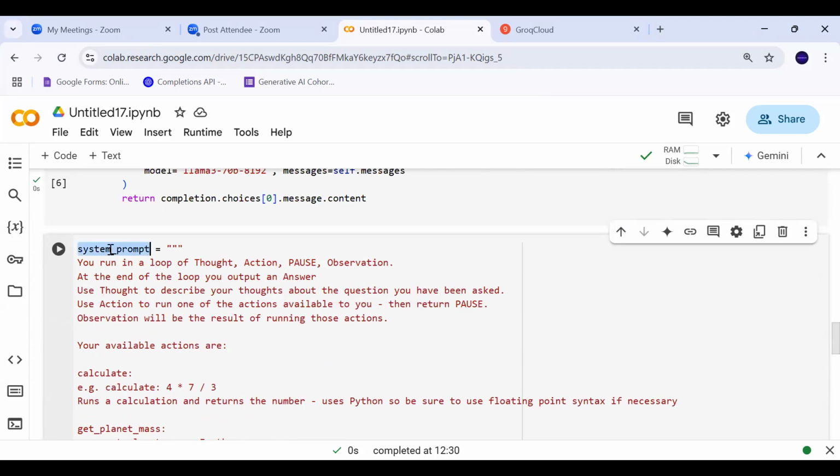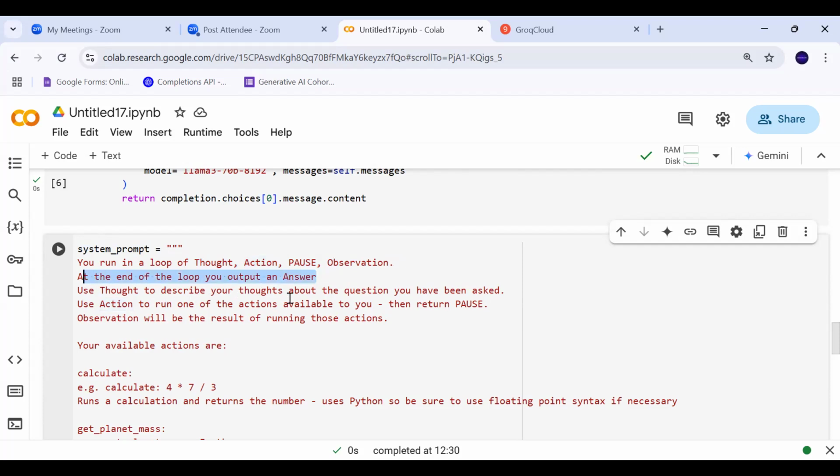So this is my system prompt, which is saying you run in a loop of thought, action, pause, and observation. This is my cycle, right? This is my loop basically. And I'm giving instructions to my large language model saying that you are running in a loop. At the end of loop, you output an answer.